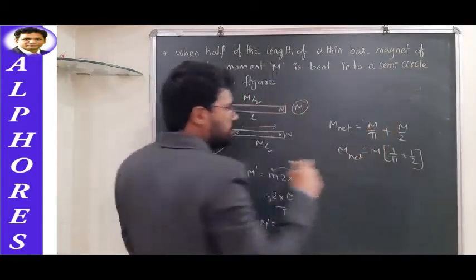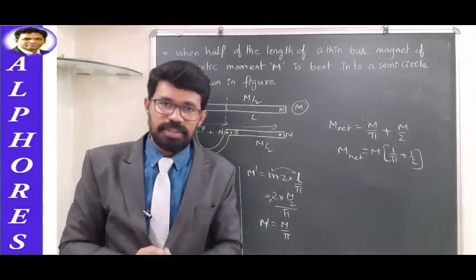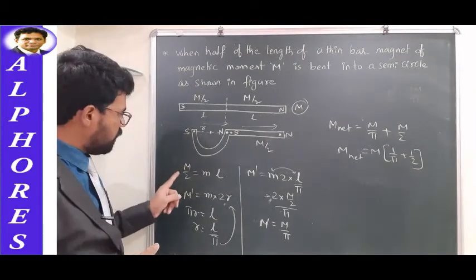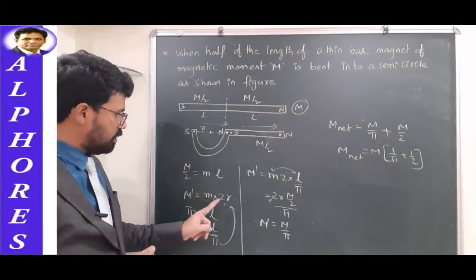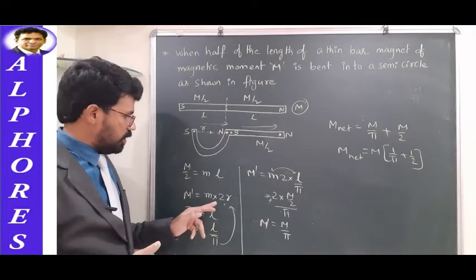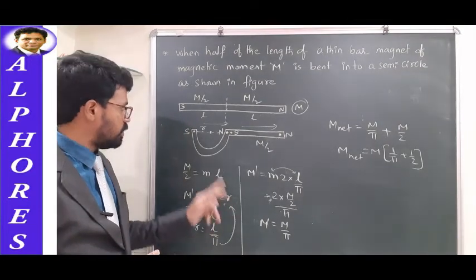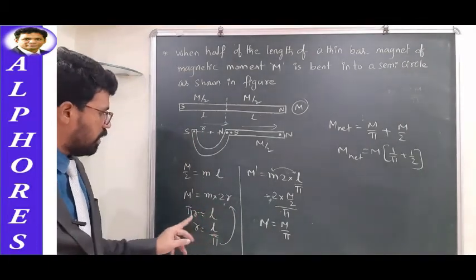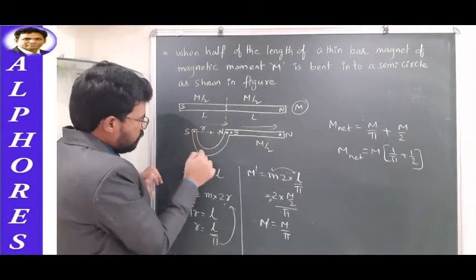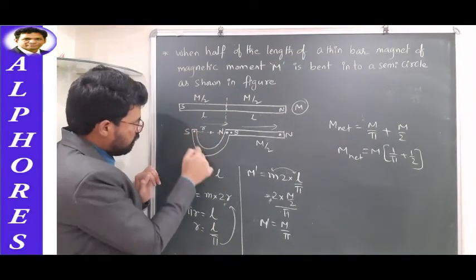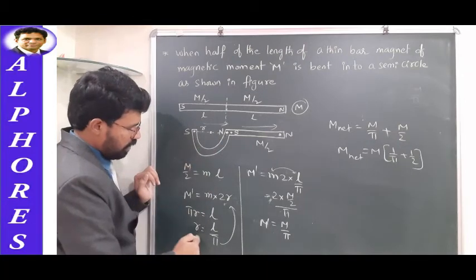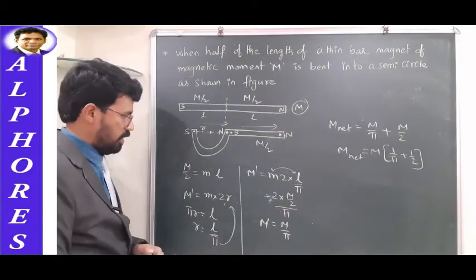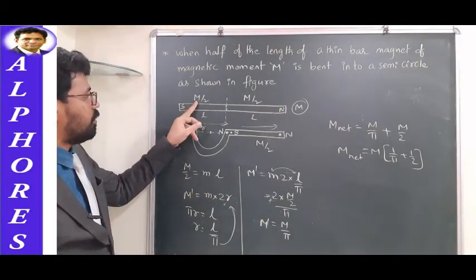If you can manage with such kind of things, you can directly make use of formulae. Otherwise, you can directly derive. You know how to write magnetic moment. Magnetic moment is equal to pole strength multiplied with the distance of separation, isn't it? So all that you need to do is find out this distance of separation. Distance of separation in this case is 2r, the diameter, and r is unknown. So r can be calculated like this. This length is L. So the circumference pi r is nothing but L, equal to L, you will get the r value. If you substitute here, you will get M dash. M dash is equal to M into 2 into L by pi. And M into L is nothing but M by 2.